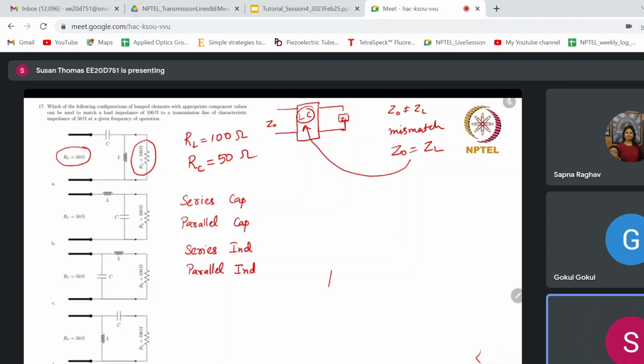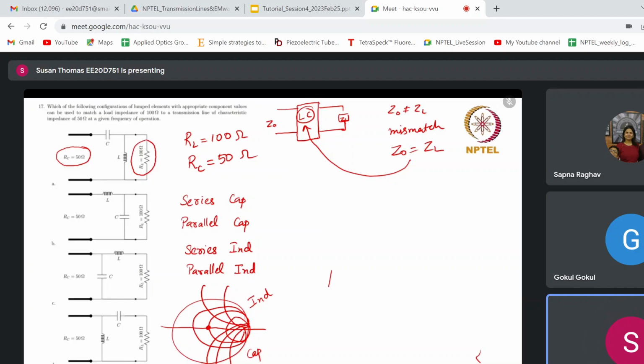Now, I hope you remember the discussions on the Smith chart. So Smith chart, if you remember, had circles like this, and you had R circles and X circles like this. Okay. And center of this Smith chart was the matched point. And if you remember clearly, the upper half of the Smith chart we call inductive reactance, and the lower half of the Smith chart we call capacitive reactance.